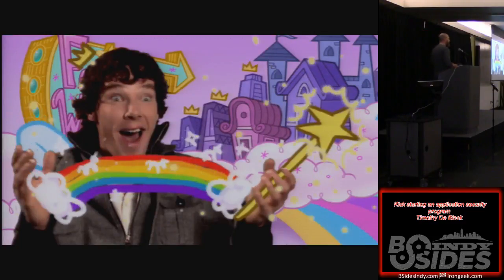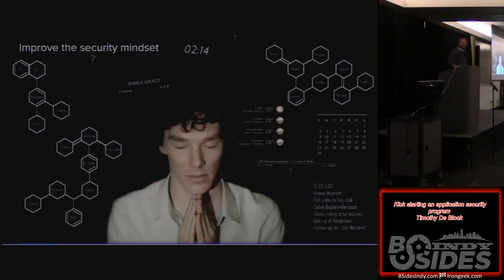And this is kind of where I had an epiphany, in that we want to improve the security mindset of the development team. There's this concept of setting up an application security assessment and then working left of the process. So you want to get into design and code review, QA, just wherever you can get. Well, the furthest left of the development lifecycle is the mindset of the developer.